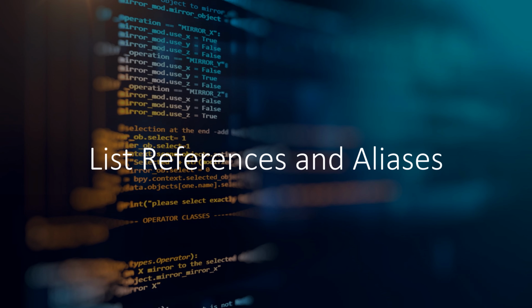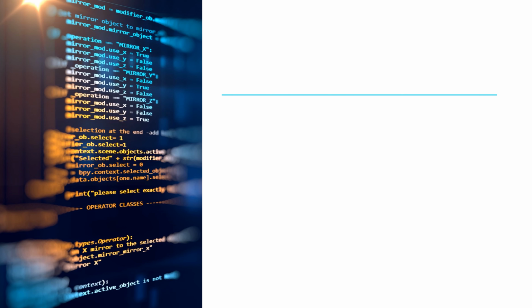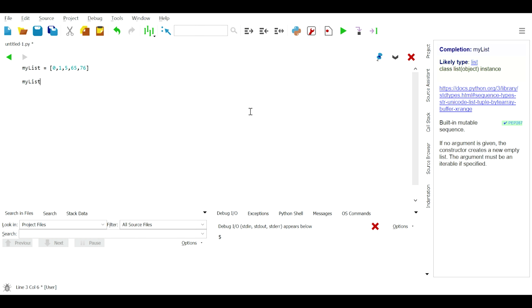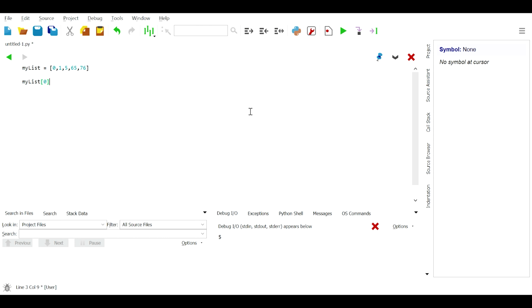Next, I would like to talk about list references and aliases. List references are the locations of the contents of a list, such as myList[0]. myList[0] is simply the location of the first element of my list, but not the first element itself. Hence, when the list variable is myList, in this case when it's copied to another variable such as mySecondList like this,